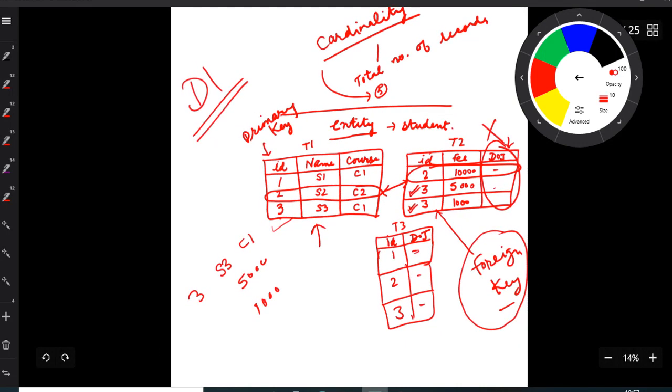I hope you all will know what is a database, what is the primary key, what is an entity, what is a record, what is tuple, attribute, degree, cardinality.